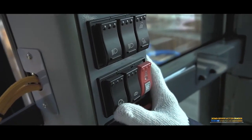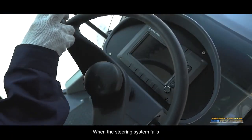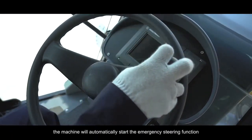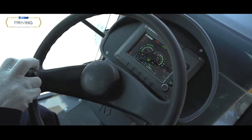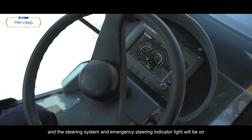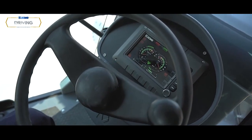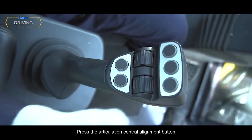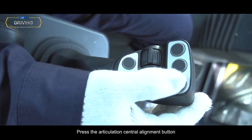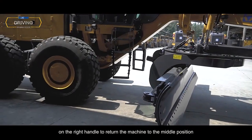Emergency steering. This machine is equipped with an emergency steering system. When the steering system fails, the machine will automatically start the emergency steering function, and the steering system and emergency steering indicator light will be on. Automatic alignment control. Press the articulation central alignment button on the right handle to return the machine to the middle